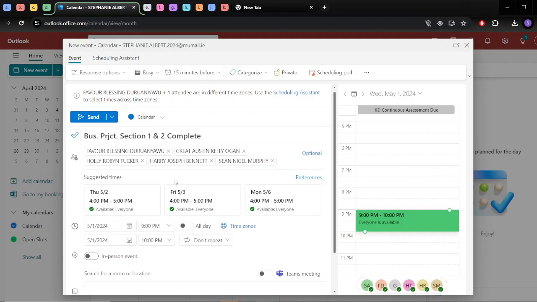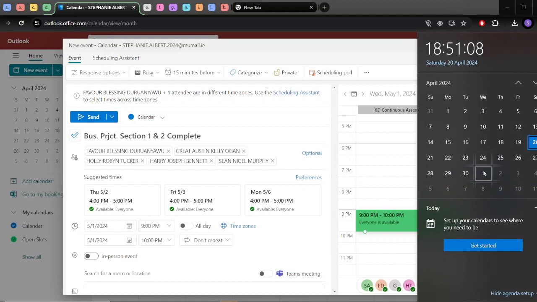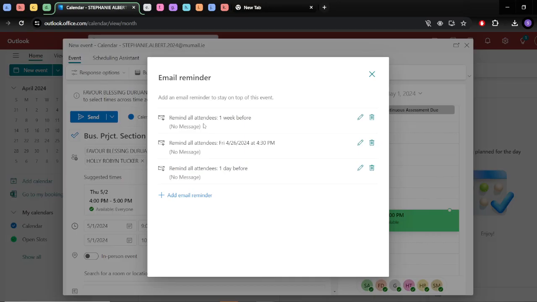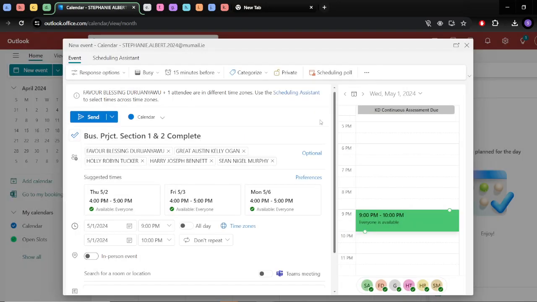Oh yeah, so I want section 1 and section 2 to be done. I've decided in my head that the best time to get it done is going to be May the 1st, so in about a week and a half, to get both section 1 and section 2 done. Honestly, I think this could be done in a few days, but obviously we all have assignments and work and stuff like that. So I've set up this little event and I've added everybody to it, and you are going to be getting some notifications just to let you know that deadline is coming up. And I'm going to send this to you after I send this video.